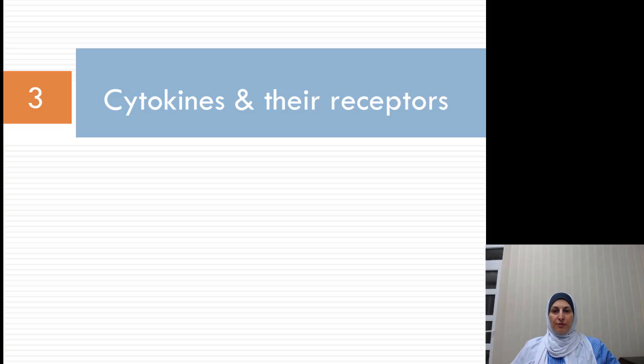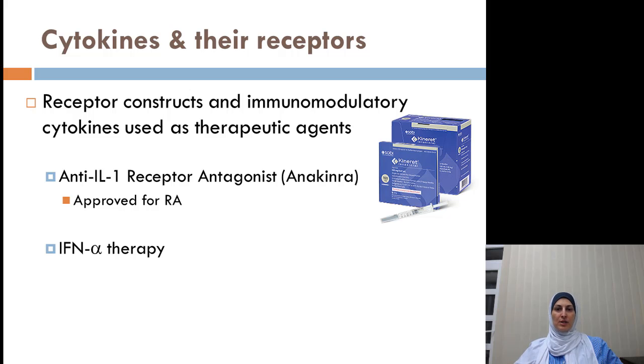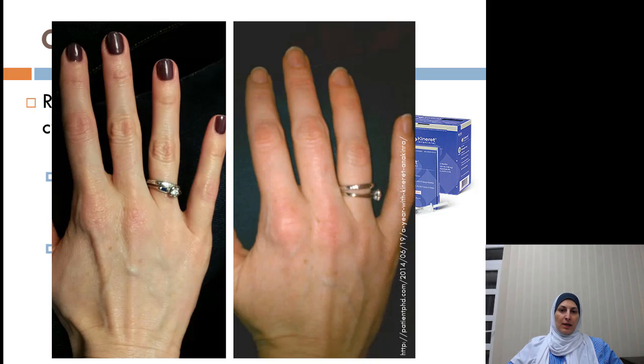The third type of biologics are cytokines and their receptors. We simply use or synthesize a cytokine or synthesize a receptor to conduct the function that we need. An example of these therapeutic agents is the interleukin-1 receptor antagonist known as anakinra. Anakinra is a medication that is FDA approved for rheumatoid arthritis, and what it does, this is an image of a patient